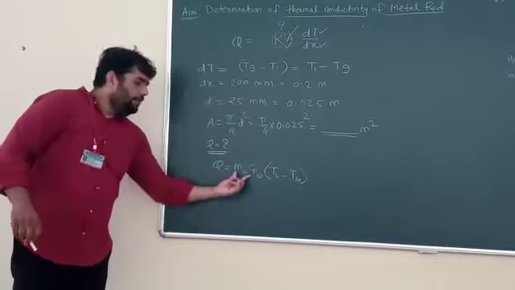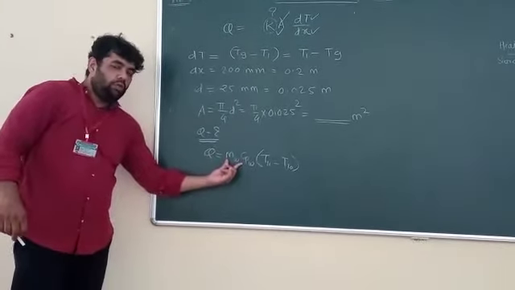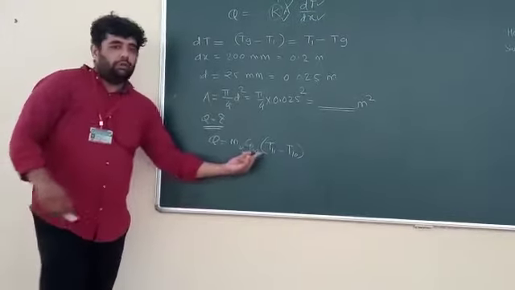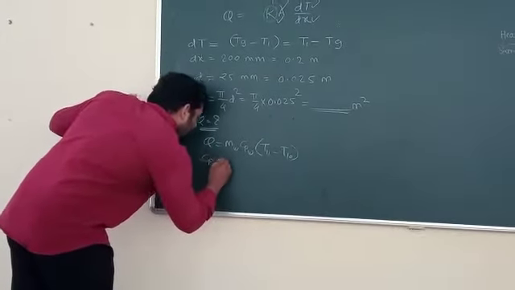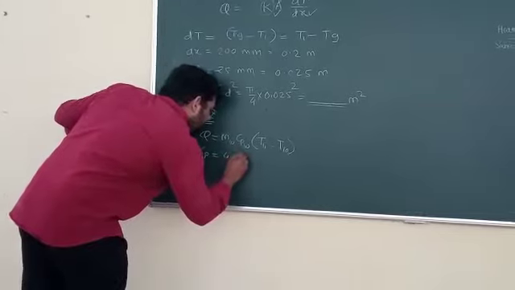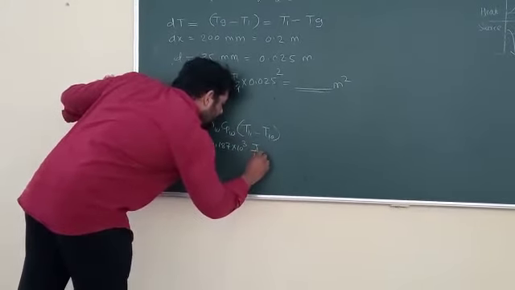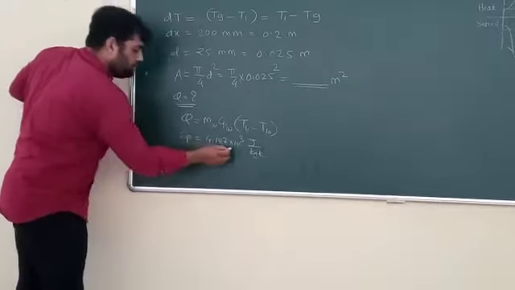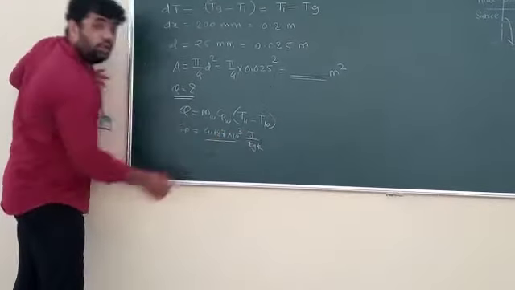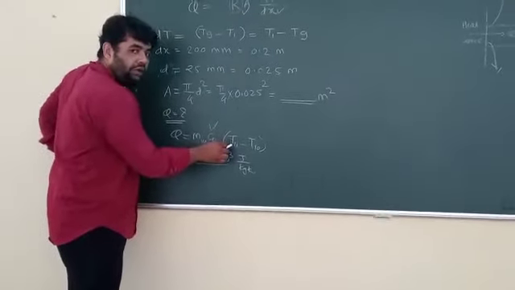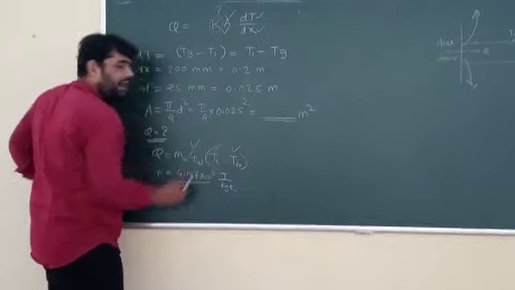Q is equal to m_w c_pw. m_w is the mass of water which is flowing, or the mass flow rate. c_pw is the specific heat of water. That c_p value is 4.187 into 10 raised to 3 joule per kg Kelvin. Of course, you are supposed to take it in joules, not in kilojoules. So this value we have noted, along with the observations T10 and T11.